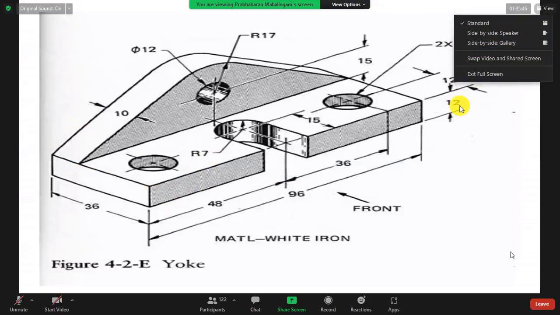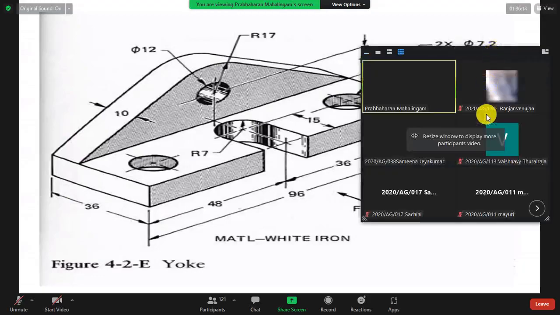Open. What is the name? Move a little bit. It's not clear now.